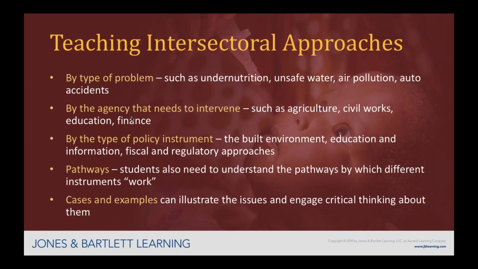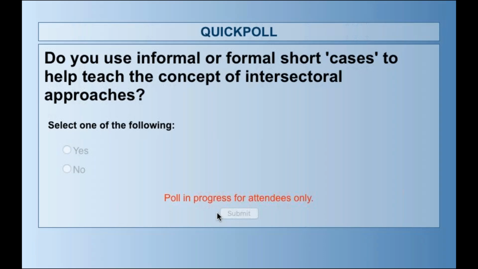And so now that we've gone through both the pathways for thinking about what needs to be done and the extent to which agencies outside the Ministry of Health need to be involved, and we've looked at three broad possible approaches a country can take, let me turn finally and end by talking about, well, how do we teach this? And let me just ask one last question, if I might, and I think, Sophie, you're going to post it as well, right?